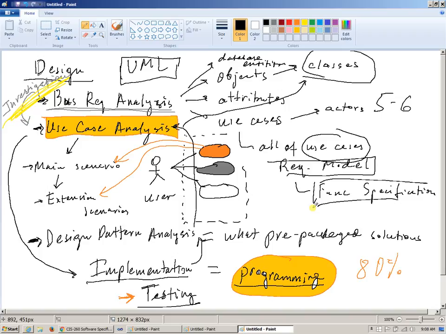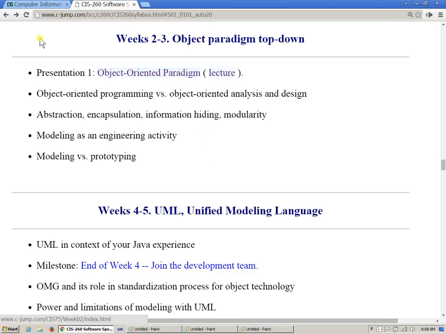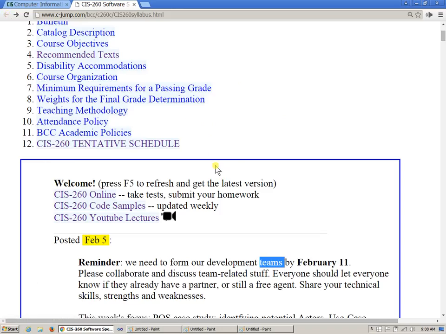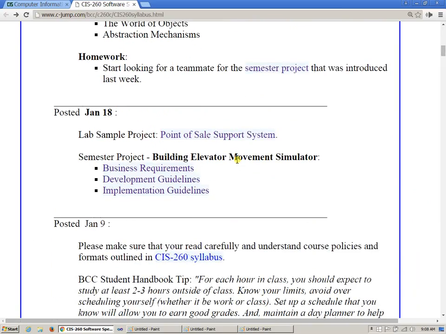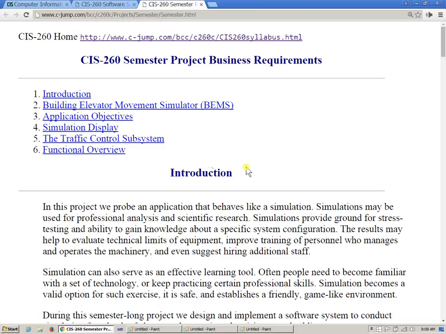So we want to separate design and implementation, but at the same time, the process is highly iterative. And this is the challenge in our semester project. If I look at our semester project description right here, when I look at these business requirements, and now I need to do the analysis, and I need to come up with a set of use cases, okay, the set of use cases,